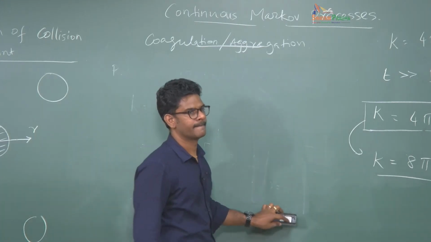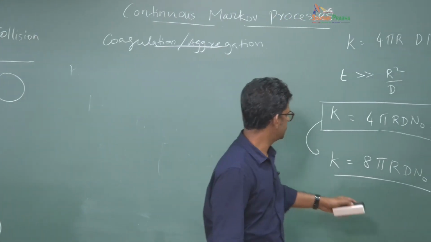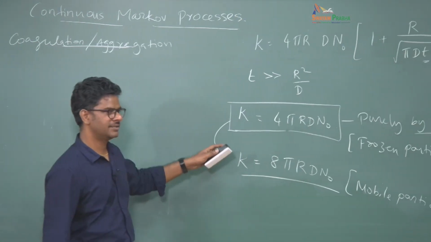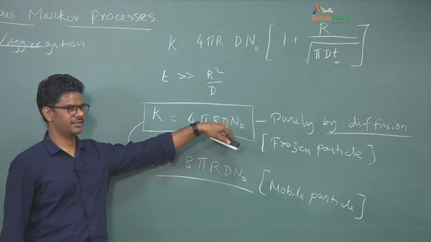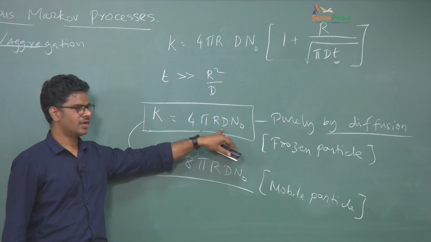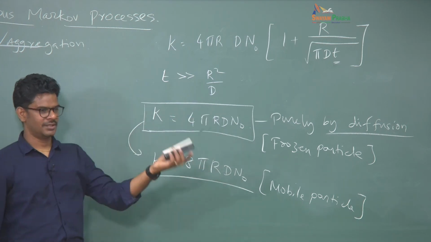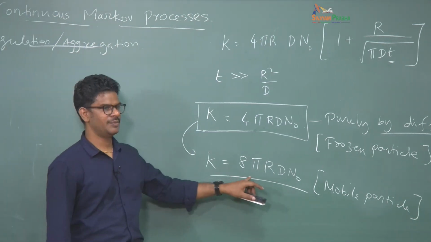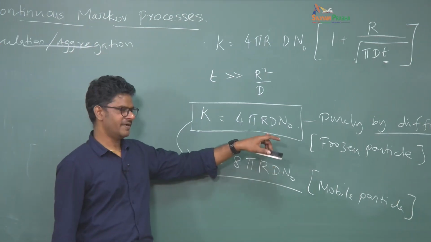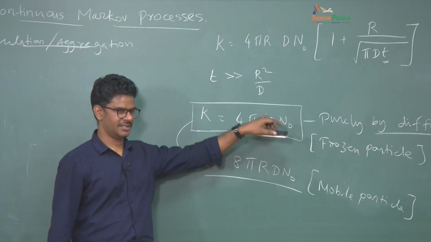Sorry? As I said, you probably came late. In the beginning, we talked about a case where the center particle was frozen and we got this expression. If you make the first particle, the frozen particle, also diffuse around, the rates will be increased. Okay. In fact, there is a model to explain from here to here that I am skipping.